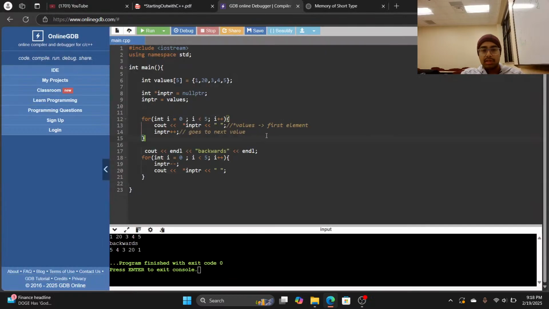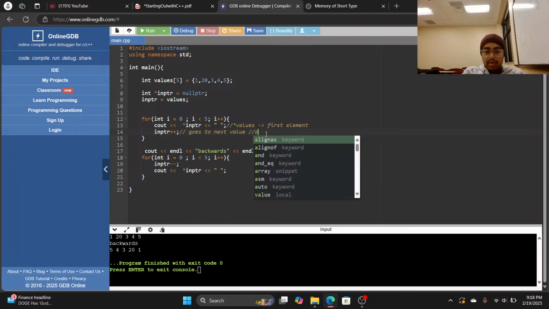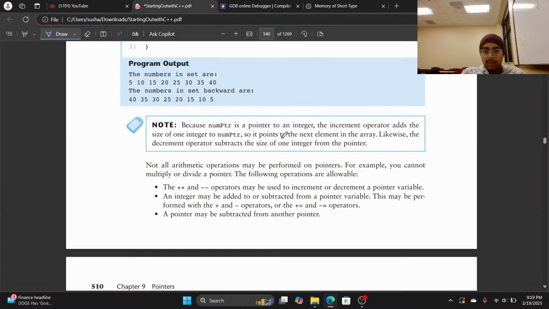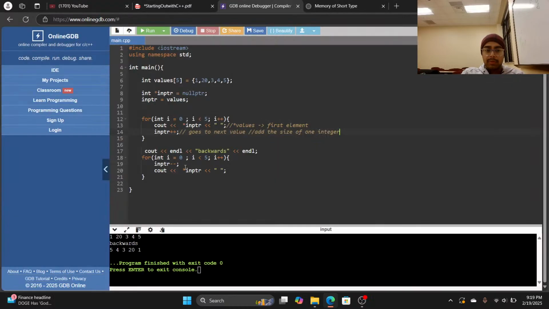This means the next value. Likewise, decrement subtracts the size of